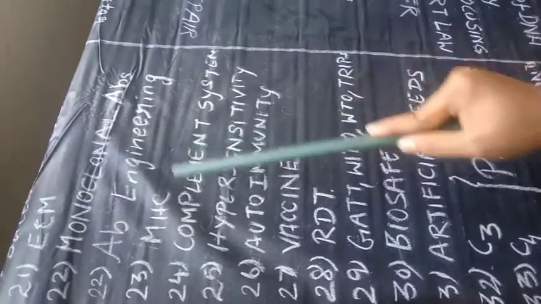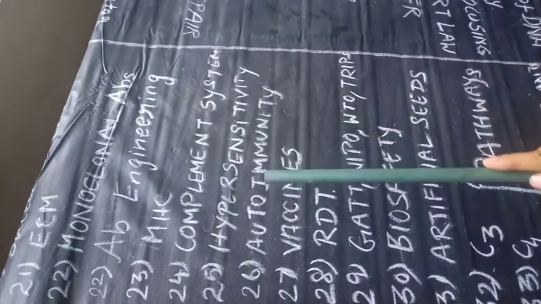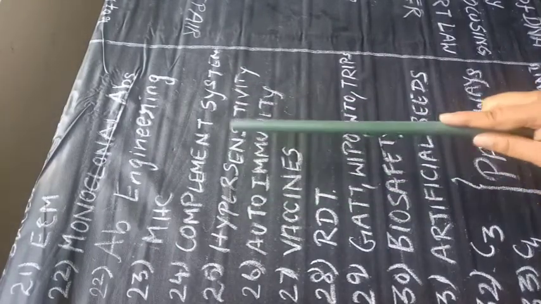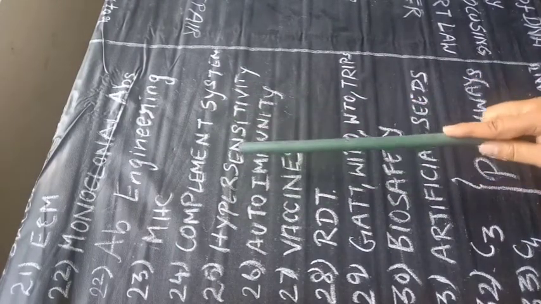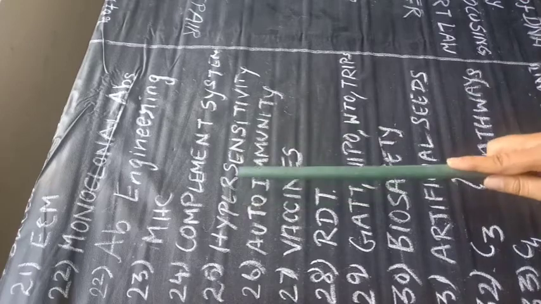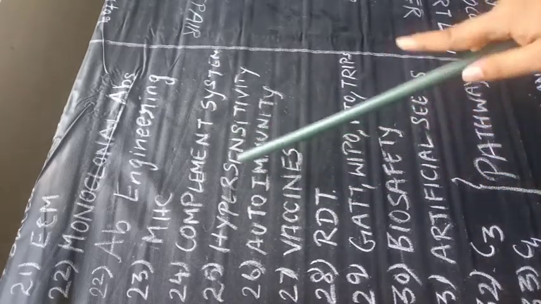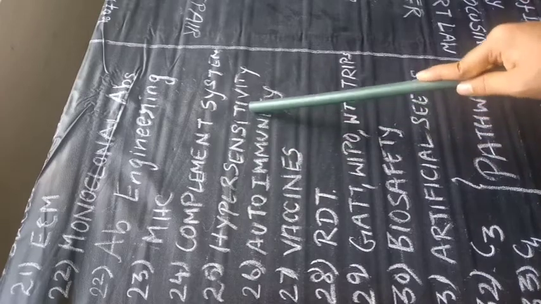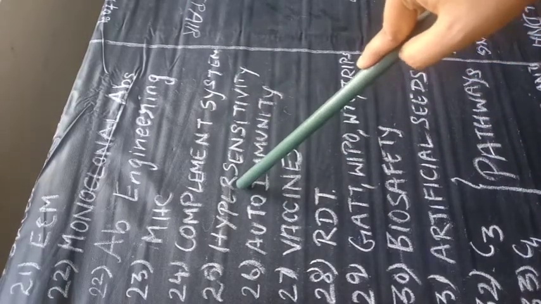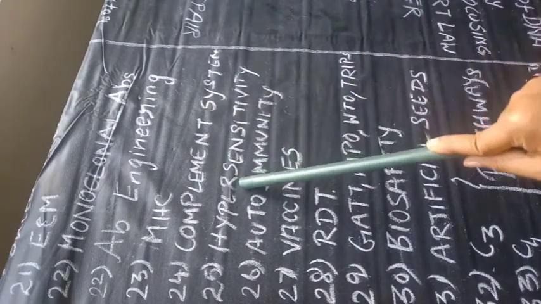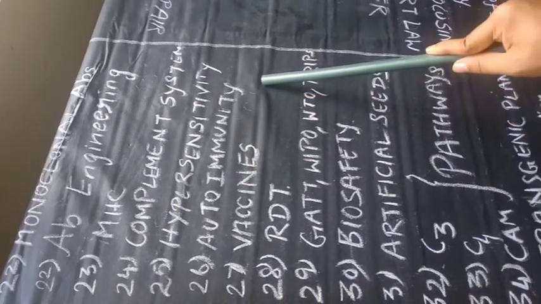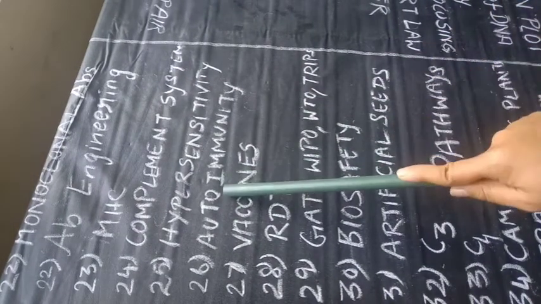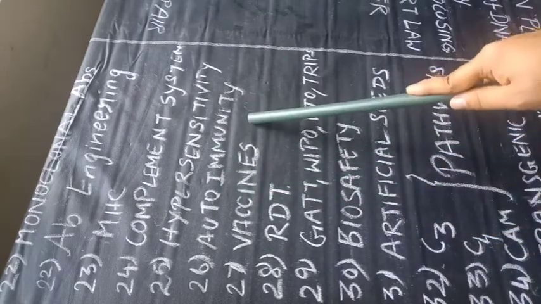Next thing is the complement system protein. For this you can refer to the Kuby book itself, or else you can refer to Roitt immunology. Next thing, hypersensitivity reaction, which we already discussed on our YouTube channel. If you take the Kuby book, in tabulated form there are many different types of hypersensitivity, the complex and antibody involved, and an example of each hypersensitivity. Next thing, autoimmunity. Same as that, in the Kuby book you can refer to this, and I have already placed a video regarding autoimmune disorders.